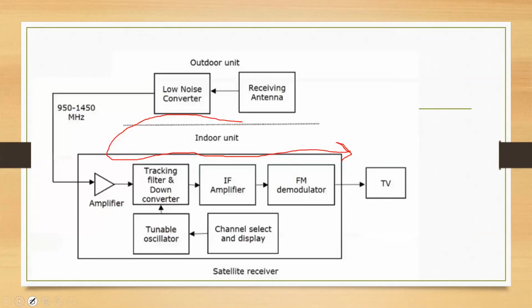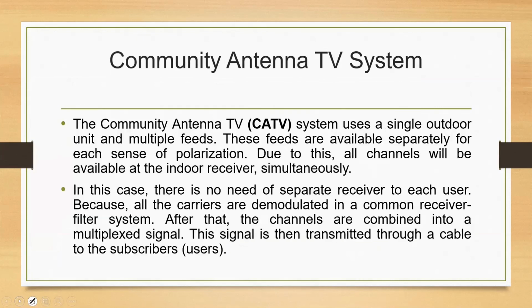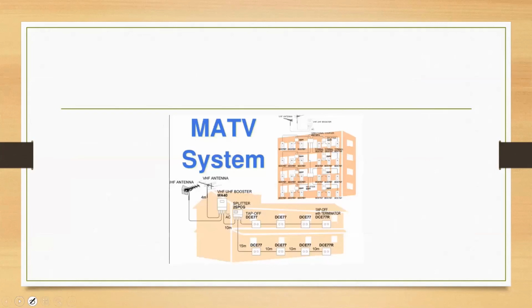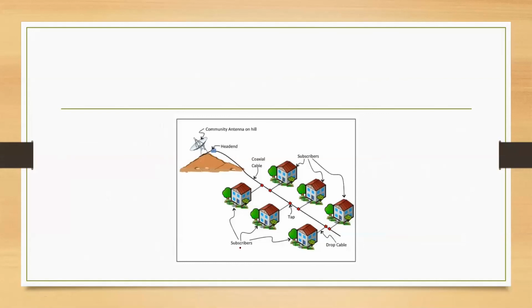So it's C-band. This we have already seen. The indoor receive-only we have seen. Then we can have a community antenna where one outdoor unit antenna is receiving the signal. Then the master antenna TV. Again, it's one antenna receiving and the others are just connections from it. And the community type is where you are in a remote area, you have a big earth station receiving it, rather than everyone having one big earth station. And then from there we can have a distribution point.